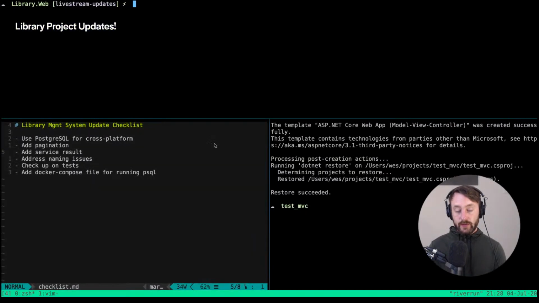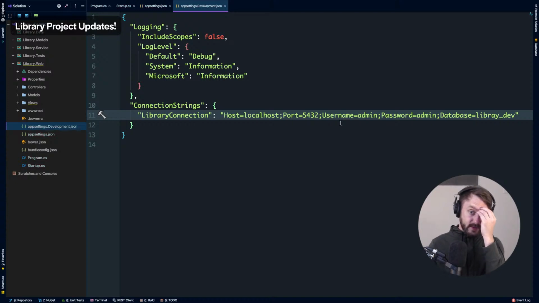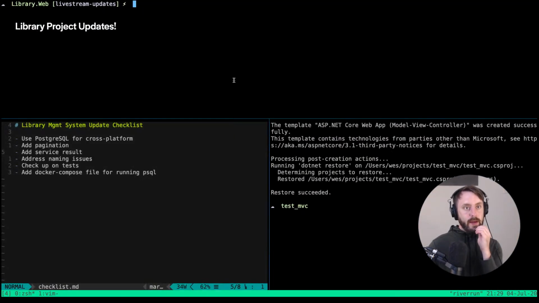So I'm not even going to change anything. My dev Postgres username and password are the same. The database, of course, doesn't exist. But what happens? The other thing I'm going to do is, I like using make, but I know a lot of people